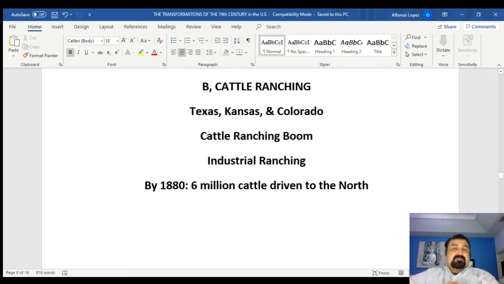Also, Kansas was part of the Union as well. It's also going to go through significant change, and also the territory of Colorado is going to experience a boom in cattle ranching. Of course, there's going to be a cattle ranching boom that will be transforming those territories, those lands of the West. So we mentioned that this was part of a process that started out at the end of